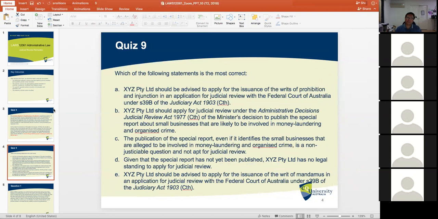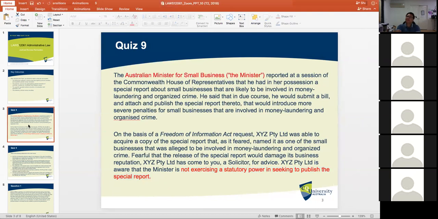The other question we have to ask is: is the minister an officer of the Commonwealth? Because in the example I gave earlier, it might be that had we changed the facts, and let's assume that it was the Australian